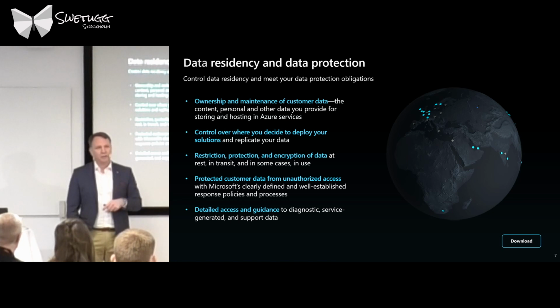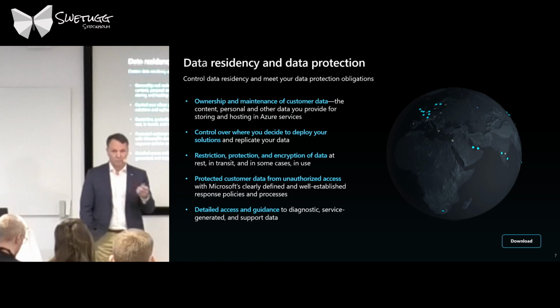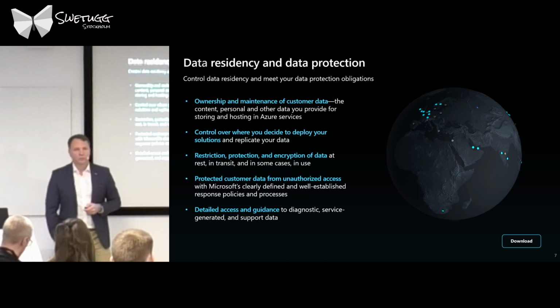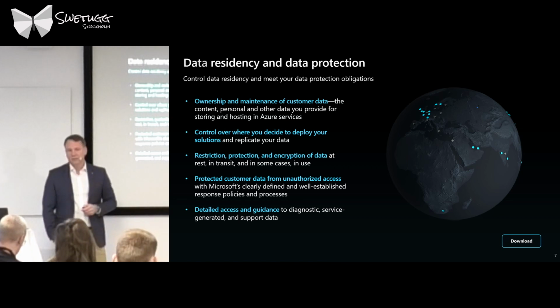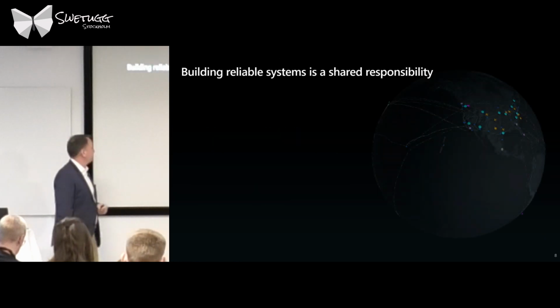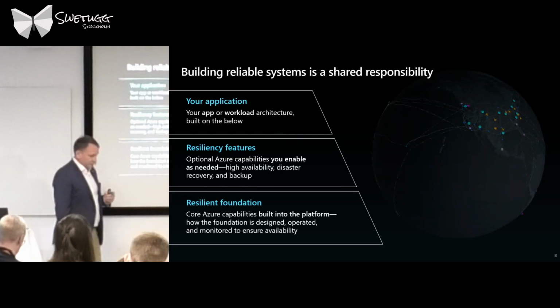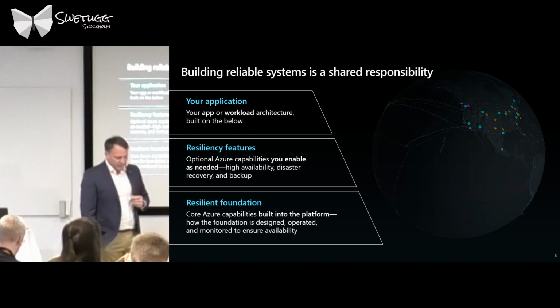But we also have a secondary region in the Kingdom of Sweden, which is the Staffanstorp region, that acts as the geography pair to that primary region. And that then gets us into some really cool things that we can do and still have the data reside in Sweden. But, and this is a big important but,